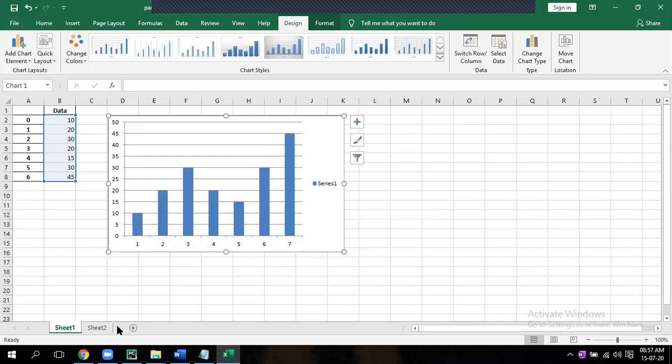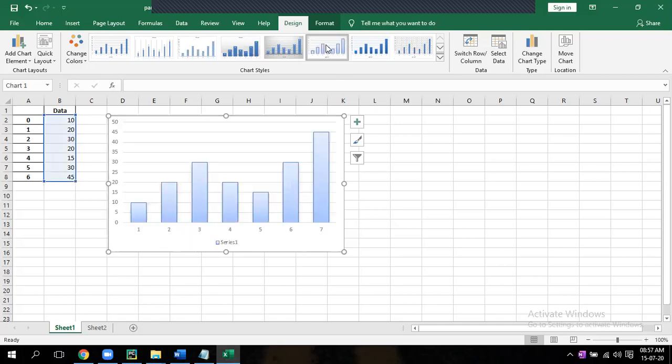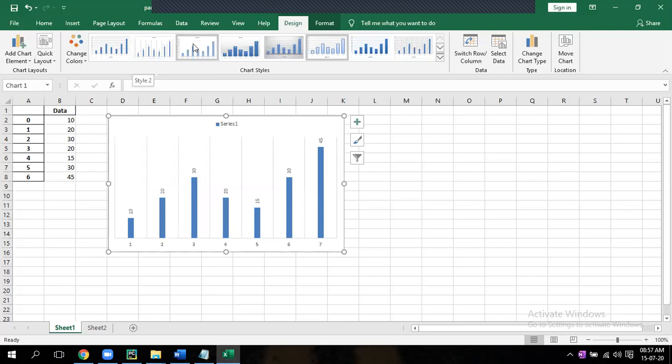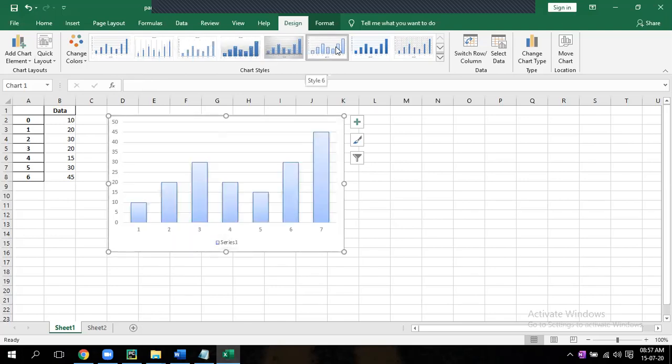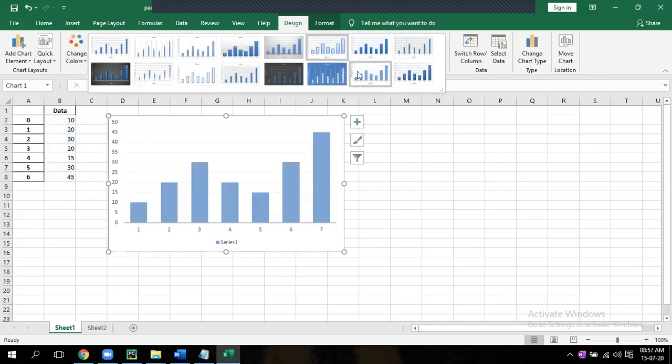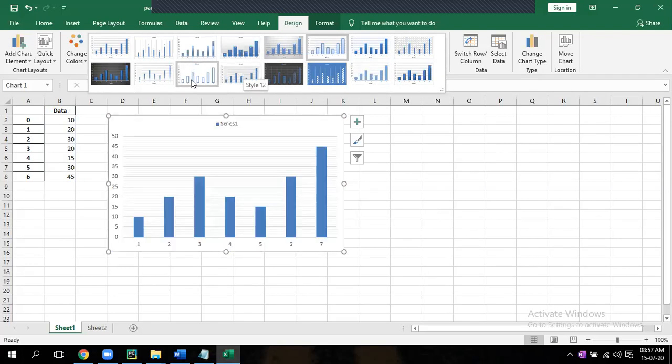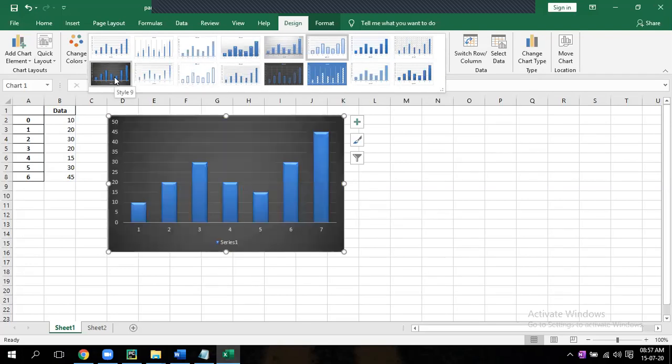So here we are just creating a chart. If you want to change, you can change also. You can choose what you want, and you can add the properties. Like that.